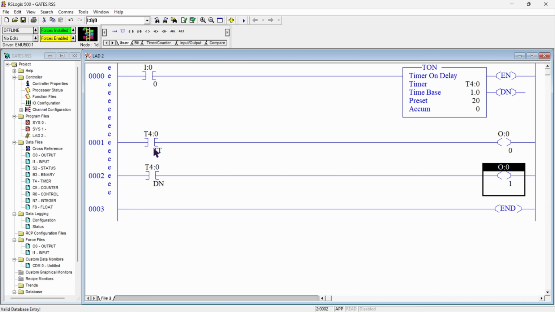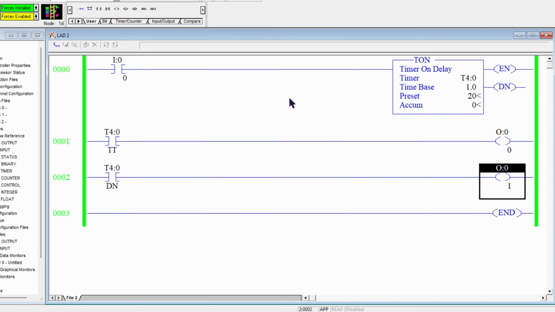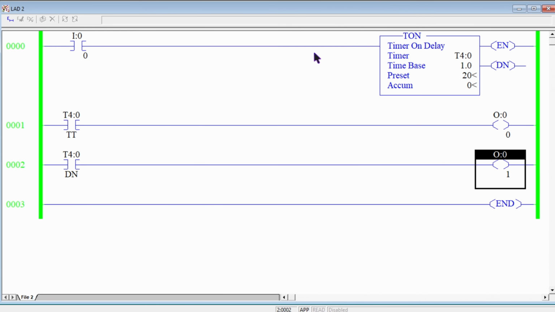So I have addressed all the instructions in which this contact will turn on our T-on instruction, and this contact will be our timer timing bit of this timer, and this contact is the done bit of this timer. So let's go online. So now our program is in running condition and the timing diagram of T-on instruction is